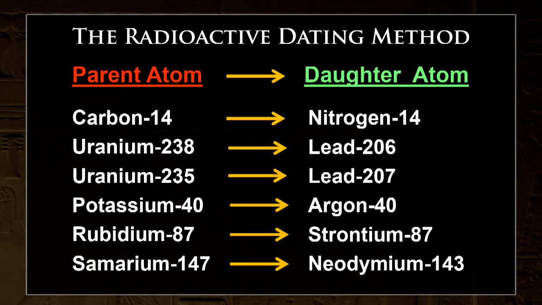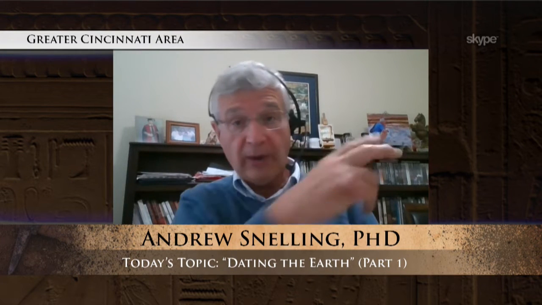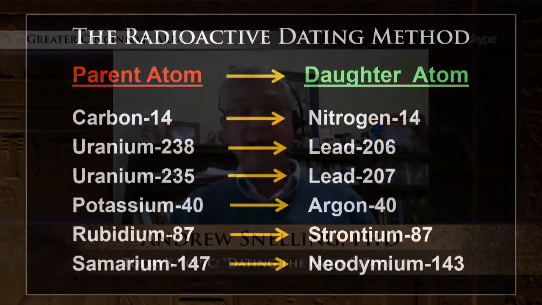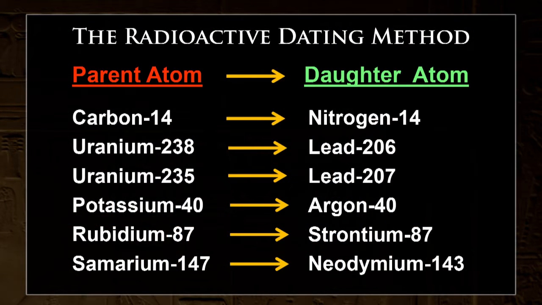Well, first of all, you have to know the rate of decay. Well, that's fair enough. We can measure it today. But the question is, has it been constant all the way back through the past? And the answer is, well, we don't know. Were the geologists there 4.5 billion years ago to check the decay rate of uranium? Because that's one of the elements that most people have heard of. Uranium decays to lead. Were they back there millions of years ago to check how this occurs and the rate? No, they weren't. So how can they be sure?